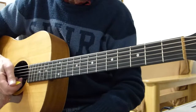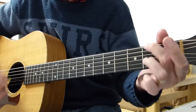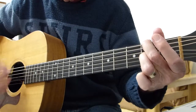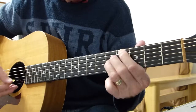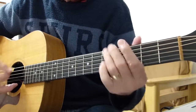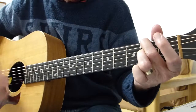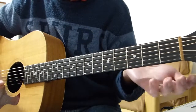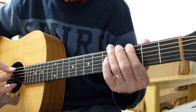And that's how it goes. And when it gets to the chorusy bit, he strums the first 2 bits. As soon as he gets to the G, he goes back to playing the picking pattern. And then at the end of the chorus, after the last time he does that,